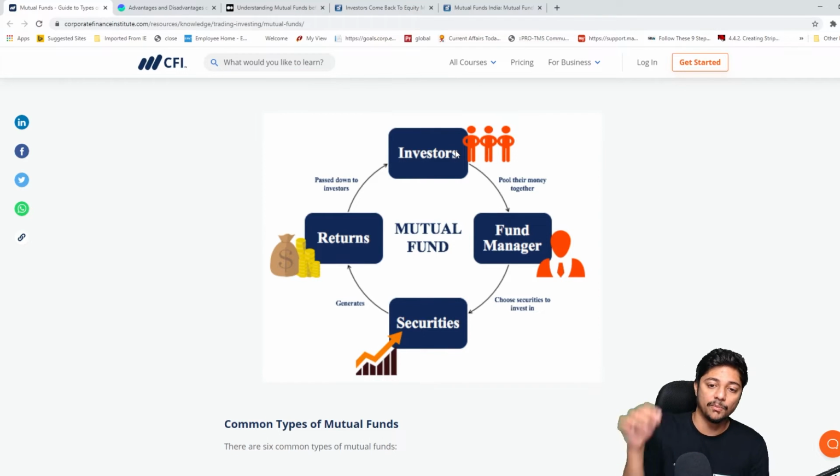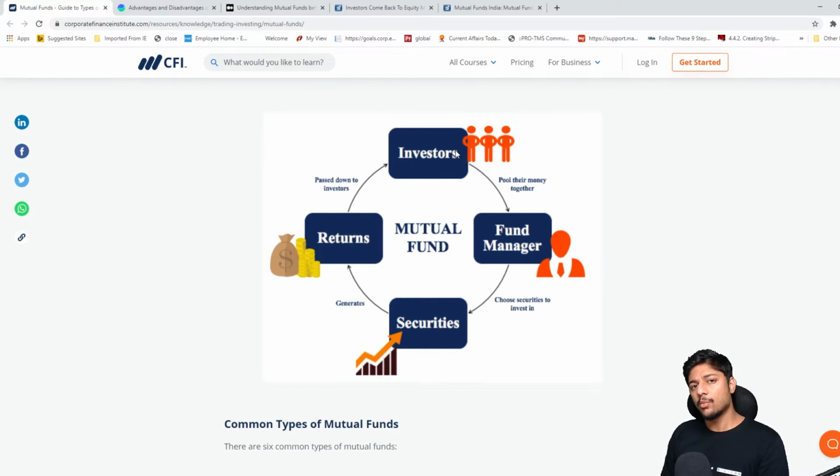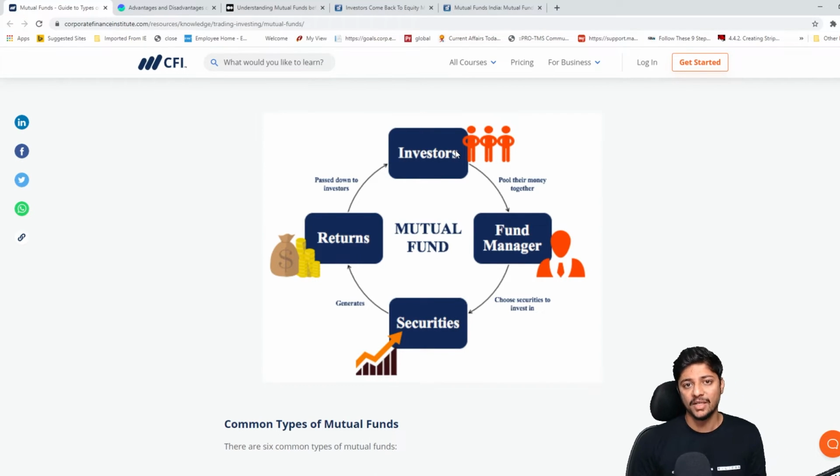Now, there's a fund manager. Who's the most important person in a mutual fund? The most important person in a mutual fund is the fund manager, because he is the guy who takes the responsibility of managing not only your funds but the whole world's funds, and so many people in India are putting funds inside. His sole responsibility. There's one guy who has to manage maybe 10,000 crores, 15,000 crores, 20,000 crores worth of investment.